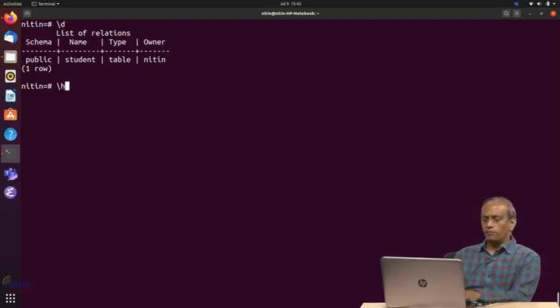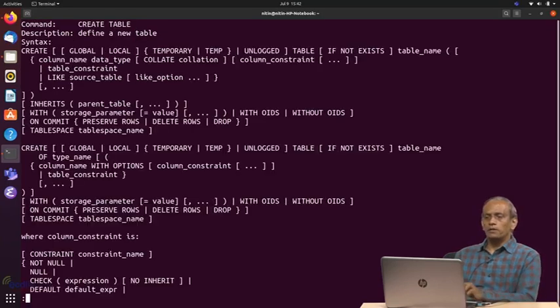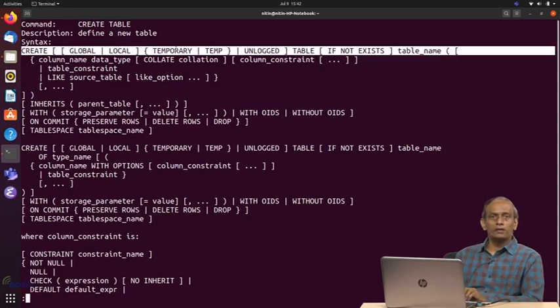So what exactly does that mean? The temp option available with the create table syntax will permit you to create a table which would be available until the session is up. Whenever the session is finished, it will delete everything from the database; that table would not be stored. So while practicing you can create all tables as temporary tables. If you want to store them, remove the temp keyword, fine. So this is how you create temporary tables.